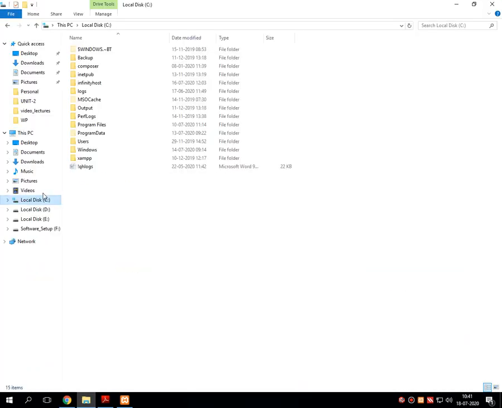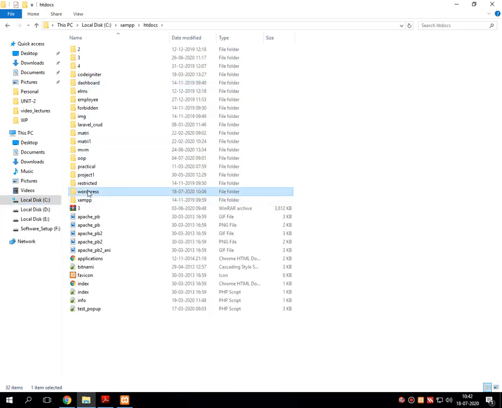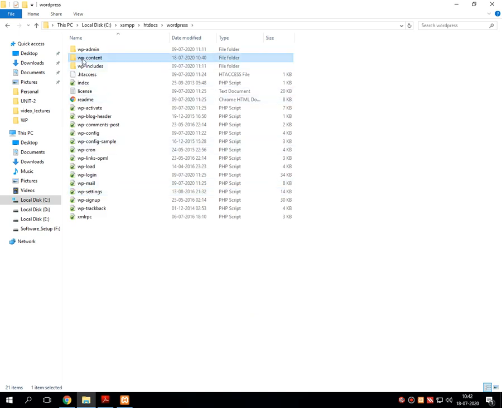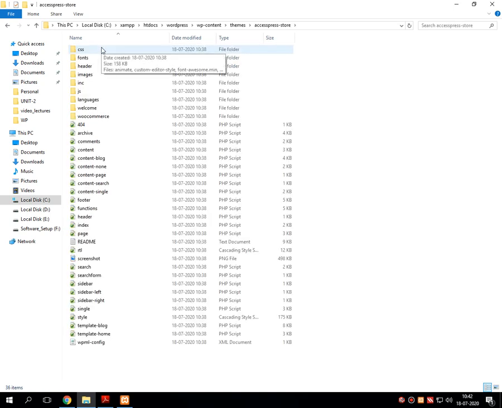That means into C drive, XAMPP, htdocs, WordPress, into WP content, select the theme folder. In that theme folder, my theme is installed over here. Just click on that folder. You will see many folders with subfolders and their files.